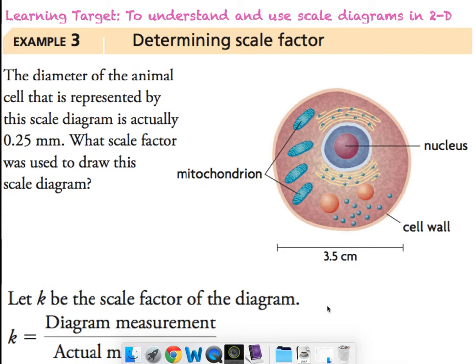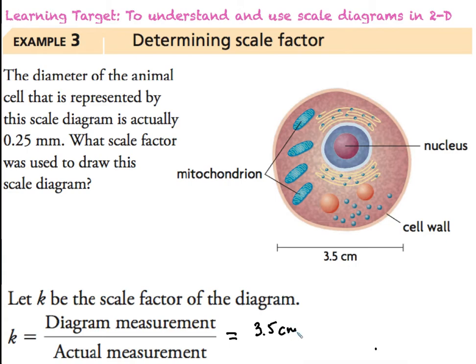So in order to determine the scale factor, I'm just going to get my dock out of the way here. What we're going to do is take the diagram measurement and divide that by the actual measurement. So for us, we take our diagram measurement, which is 3.5 centimeters, and then I have to compare that with the actual measurement. Now, if I put in the actual measurement as is, I'm crossing units. So you'll see I have centimeters over millimeters. So I'm going to want to change one of these either way. I'm going to take both of these to millimeters. So I am temporarily going to write in 0.25 millimeters, but then I'm going to change this knowing that every